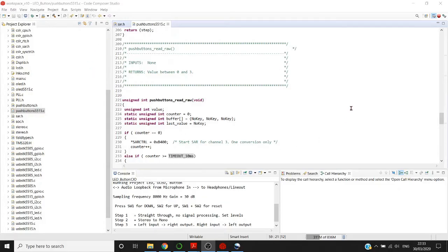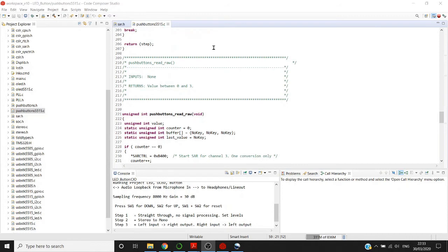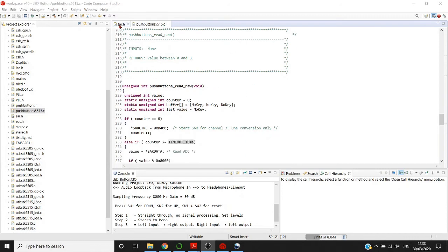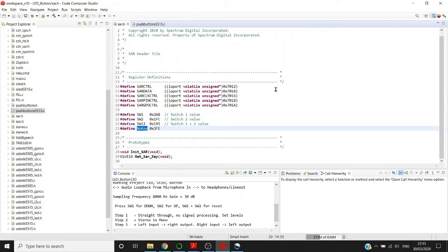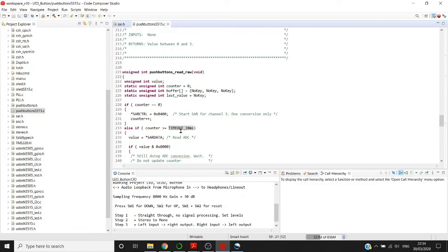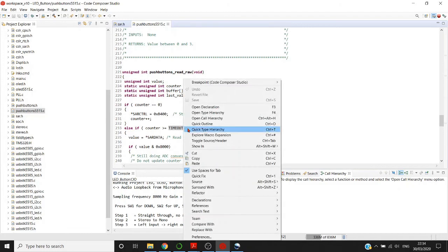I'm back here in Code Composer Studio. We're inside this file, and I'm looking at the function I've just described. In the SAR header, we have the definitions for the values of switch 1, switch 2, switches 1 and 2, and no key. The values read will be compared with these defined values, and then we define which switch was pressed. We also have this timeout for debouncing,